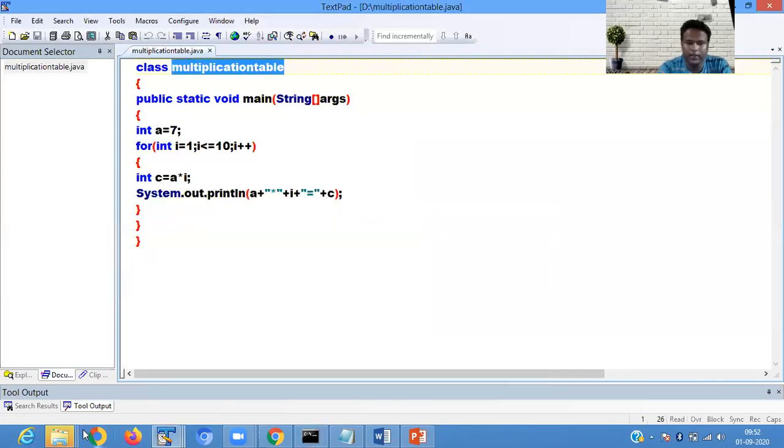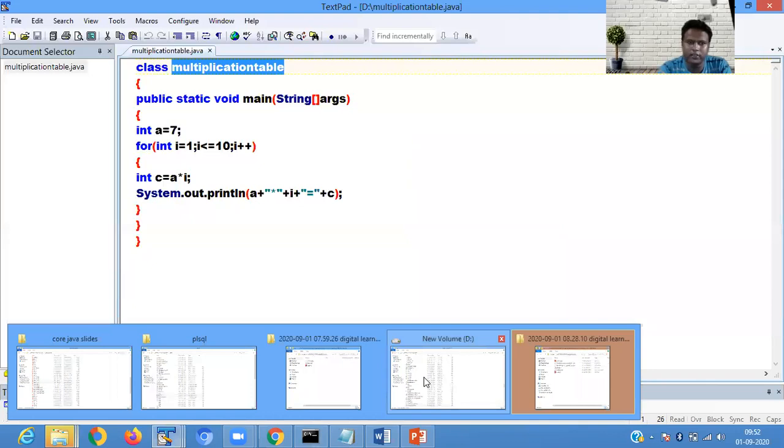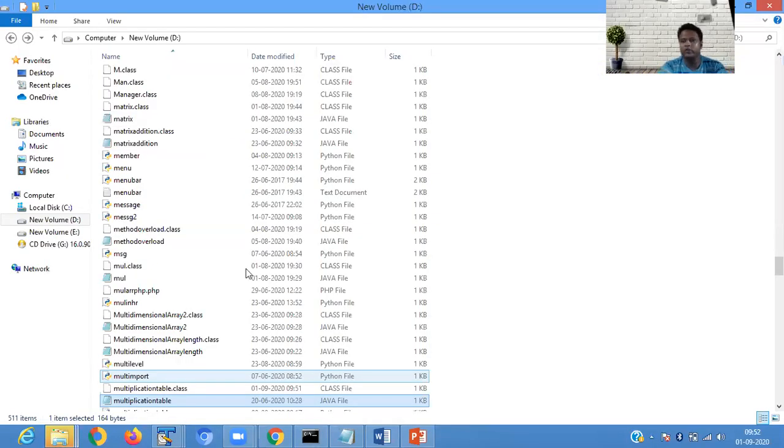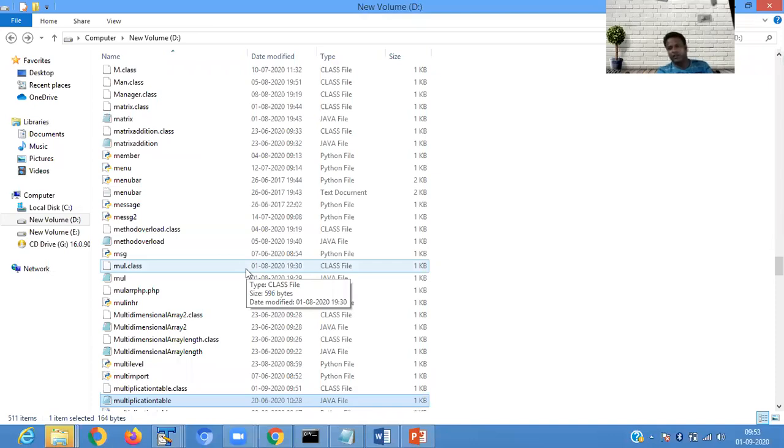So now I move to the do while loop. As we already discussed, the difference between while loop and do while loop is what? Now, if your condition is false in the while loop, no statement is executed. But in the case of do while loop, at least one time your statement is executed even if your condition is false.